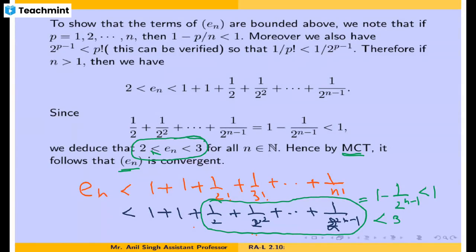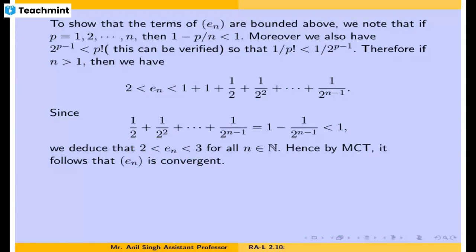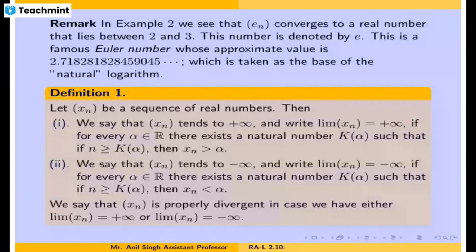This number that lies between 2 and 3 is given an important name. This is called Euler's number, and the first decimal digits are 2.7182818284590. It has an infinite decimal expansion, and this is also an important application of this